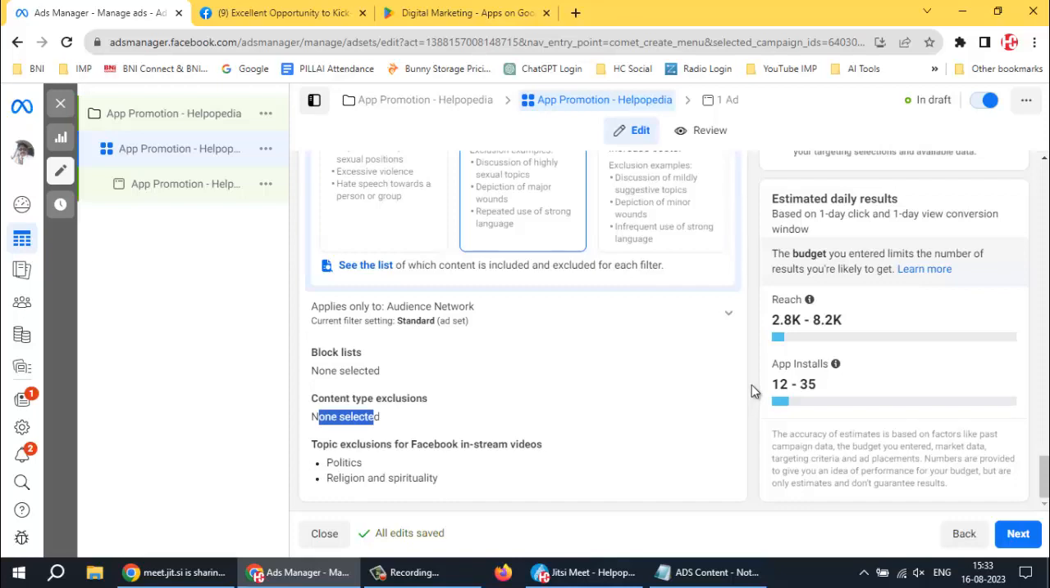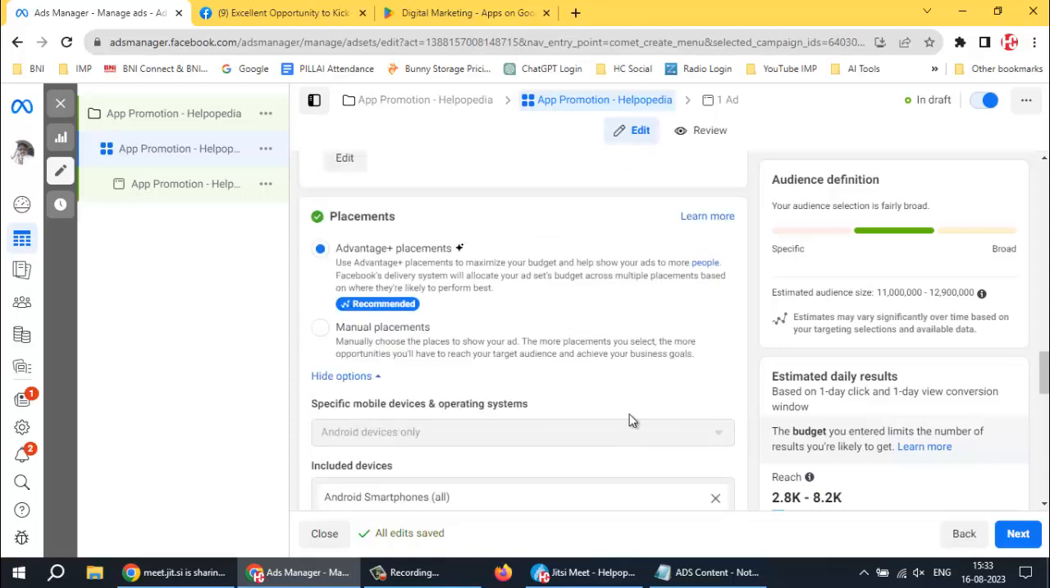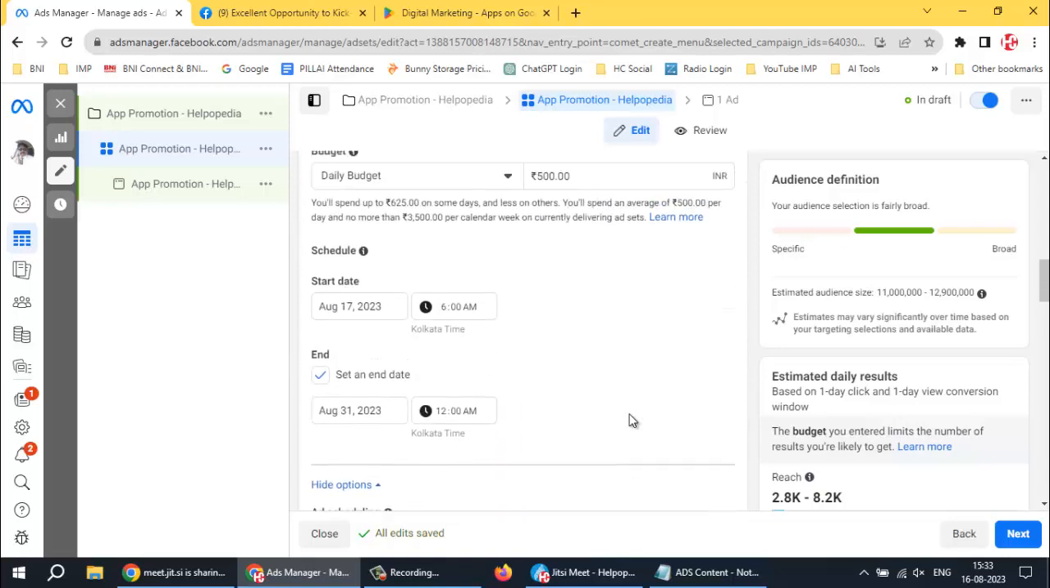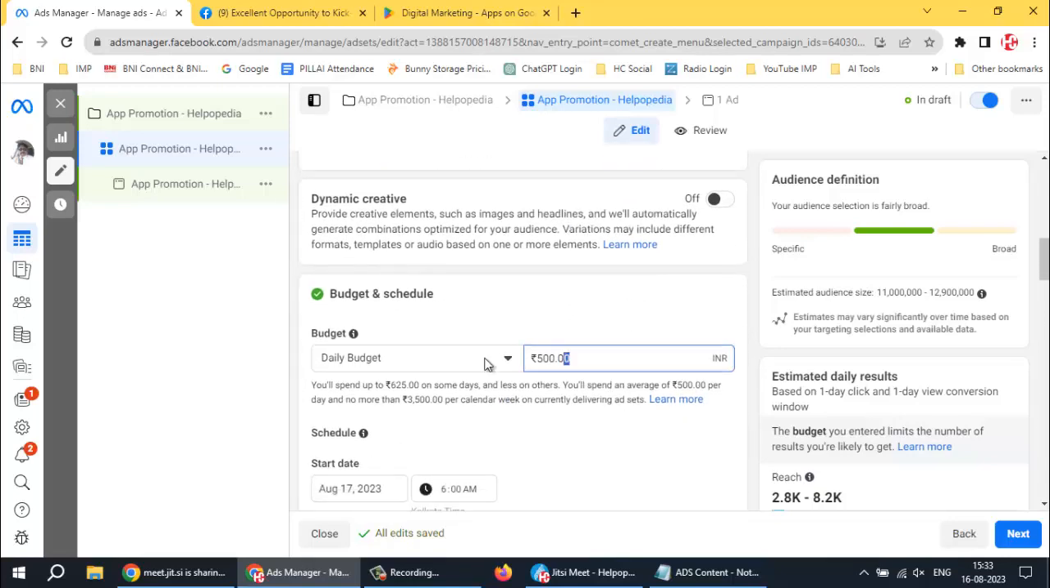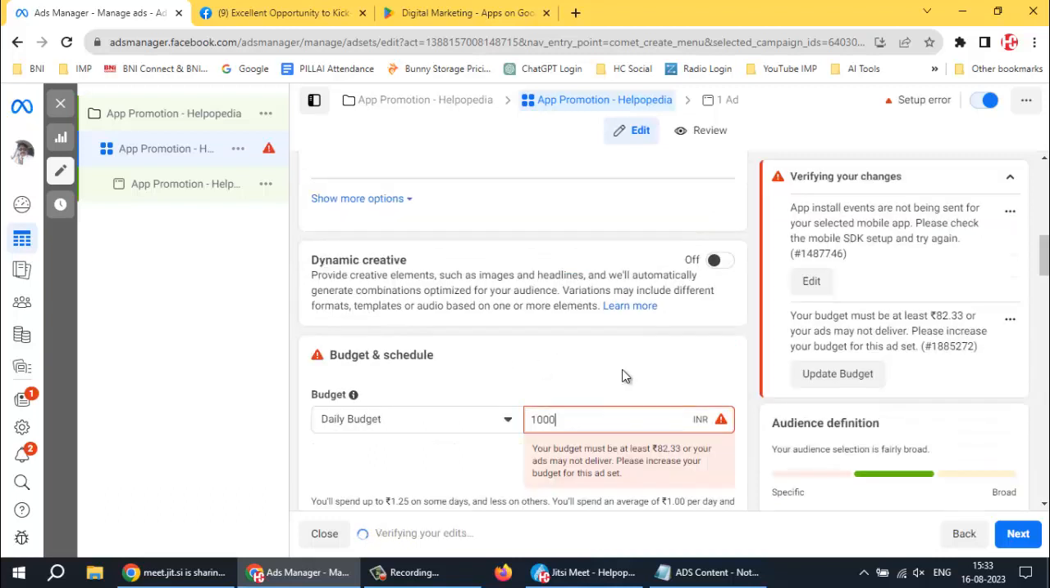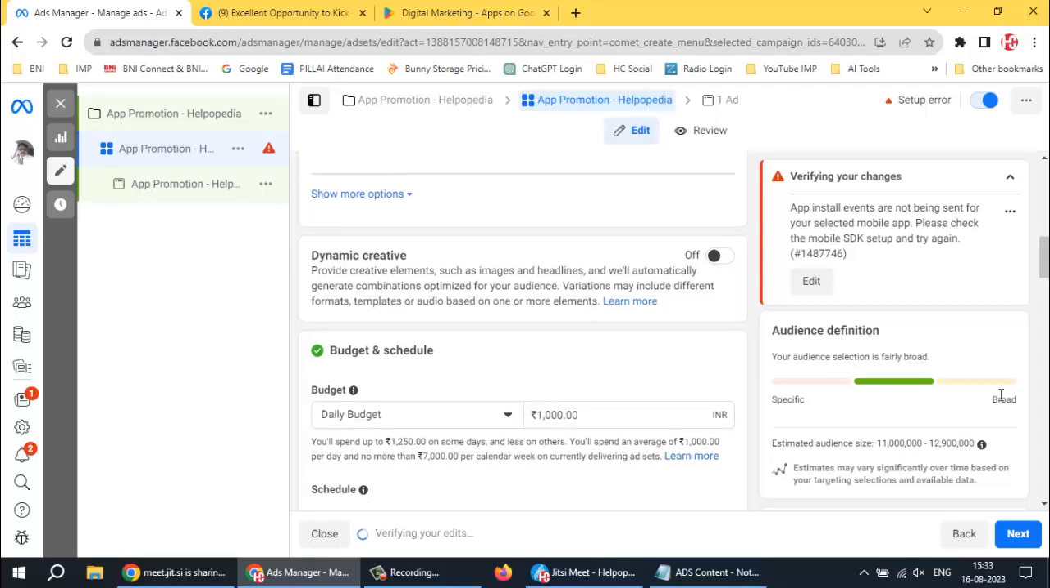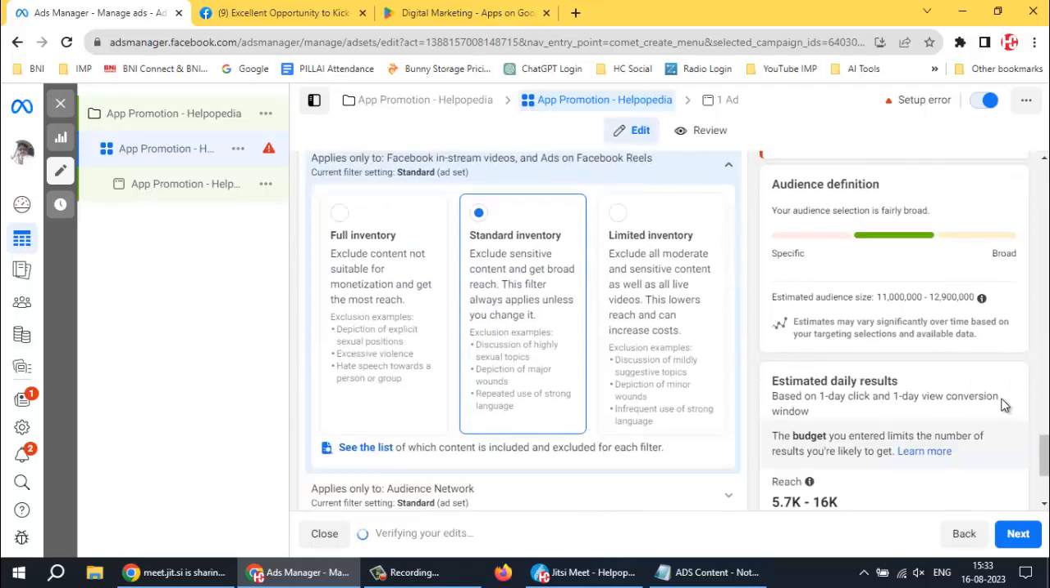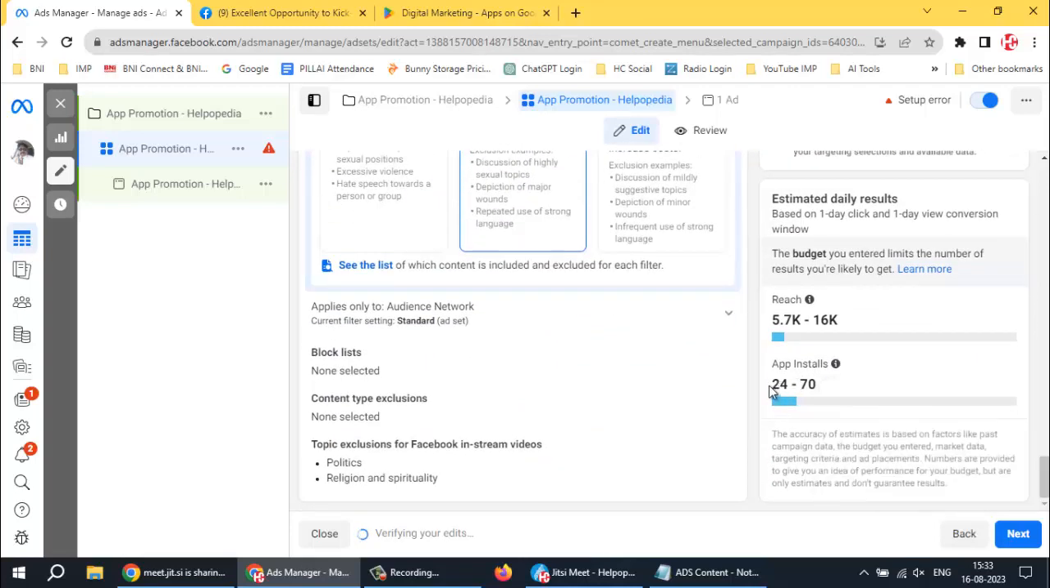So approximately we will get around 12 to 35 installations every day. Now if you want more, the only option available to us over here is to increase my budget. If I do so, let's see what I'm getting. Now it has increased to 24 to 70. So this is what I'm getting. Now I click on next,